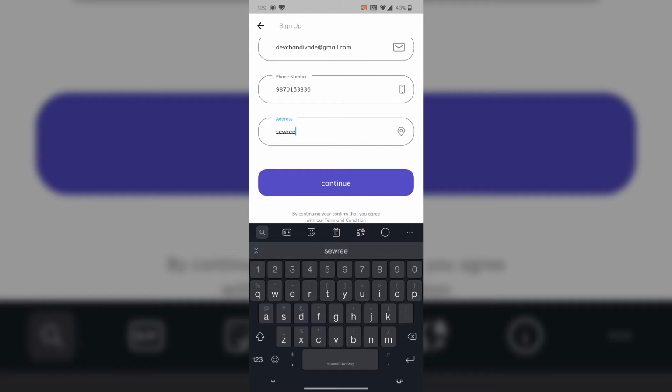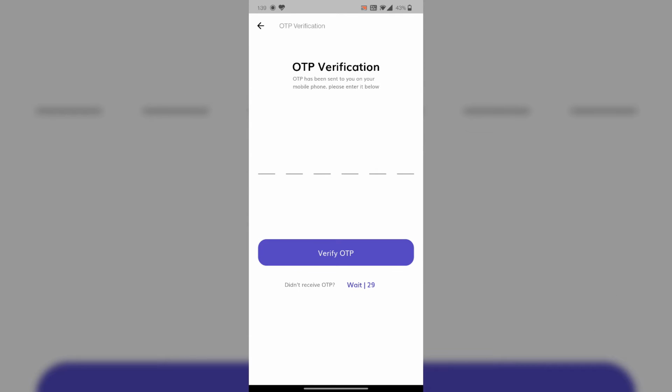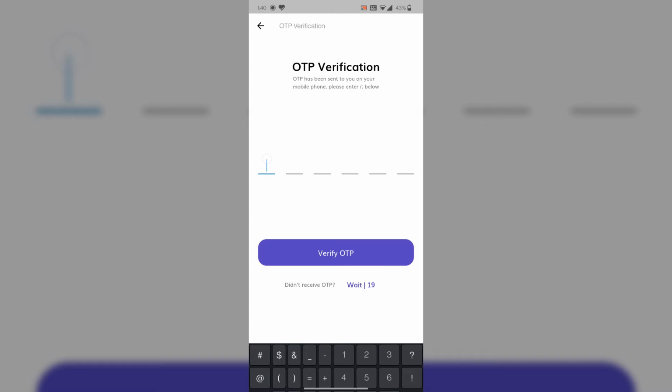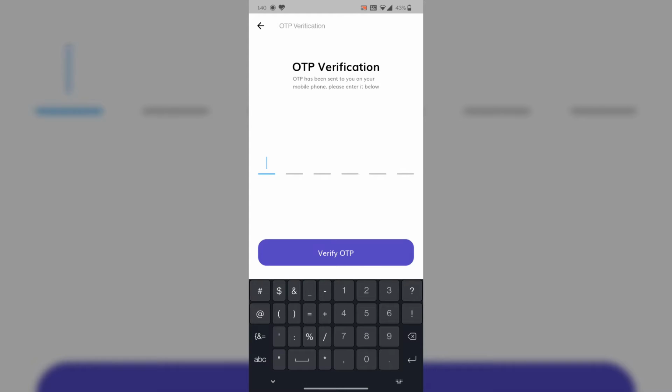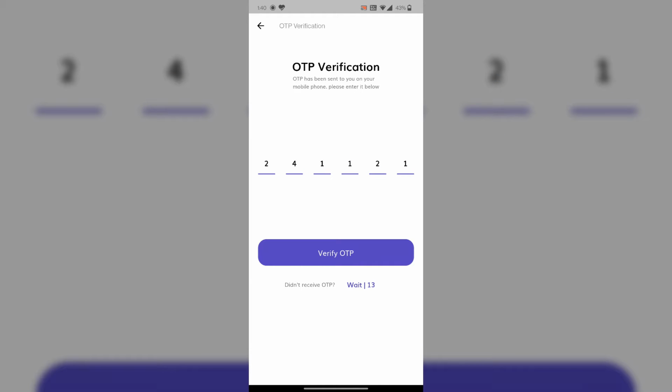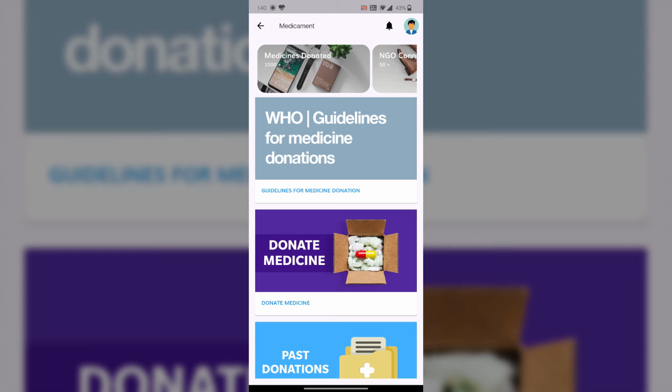Let's click on continue. We have provided OTP verification as it is a very secure way to authenticate. So let's put our OTP first. Let's verify it. And this is the home page for our user application.